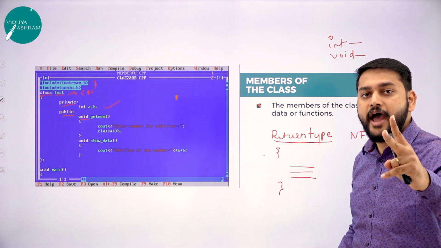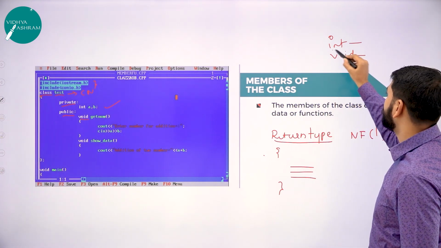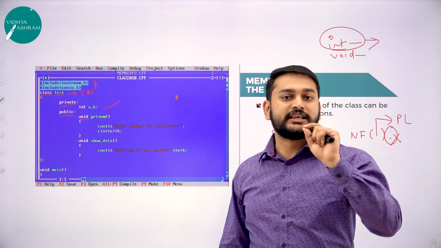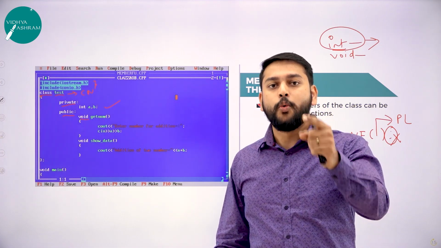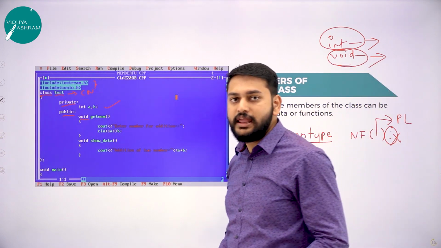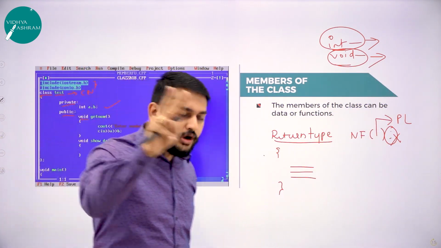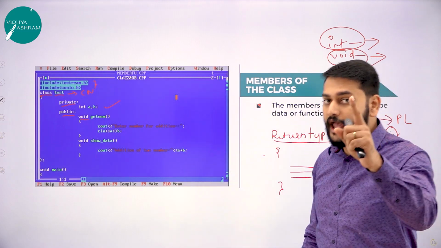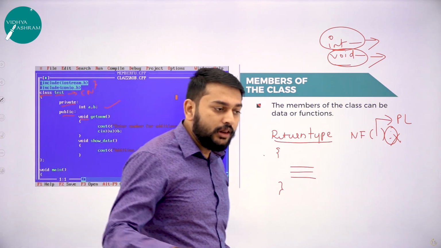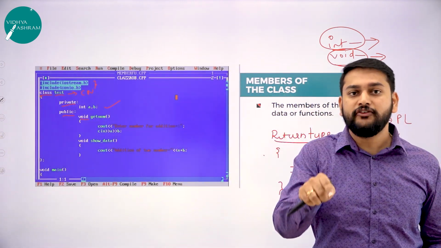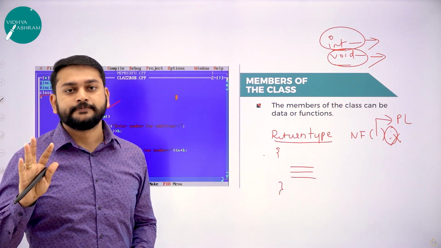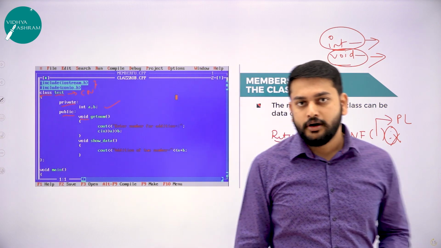In return type, we have two types of return types. The first one is int. Int in the sense it returns some value. Void in the sense it does not return any value. As of now, please remember only two return types. How many return types do we have? We have int and we have void. Void in the sense it does not return any value. All the computations will happen there itself and it will only give you the result. But int in the sense you will take out some value from that particular function. That is what you need to remember, my dear students.